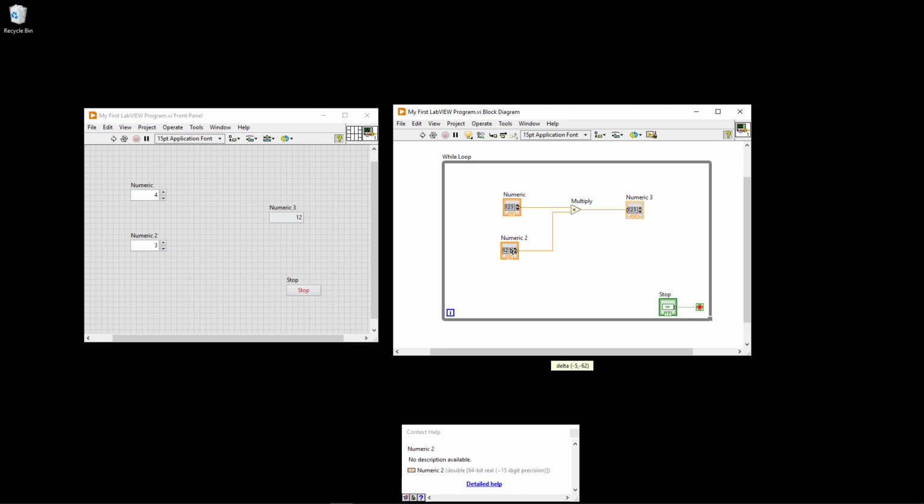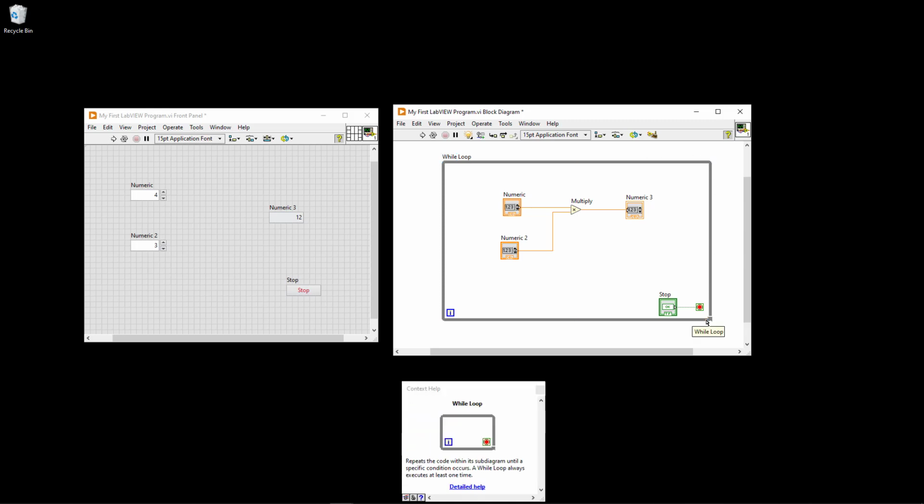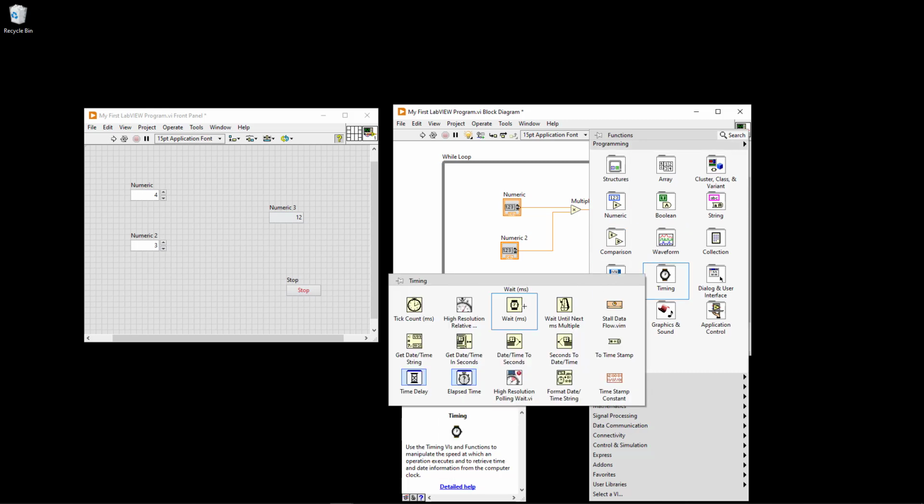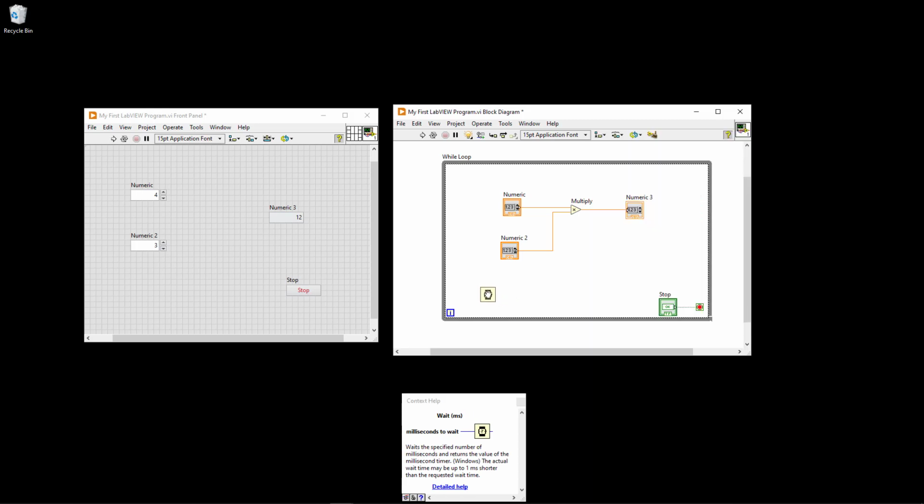Typically you also want to include some kind of a delay here in the program in order to not take all the CPU inside this while loop. So then I just right click here in the block diagram, select timing, and then I just use this wait block. I just select it, put it here inside the while loop,